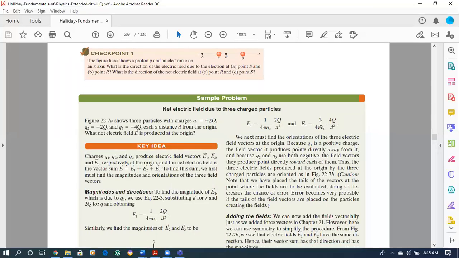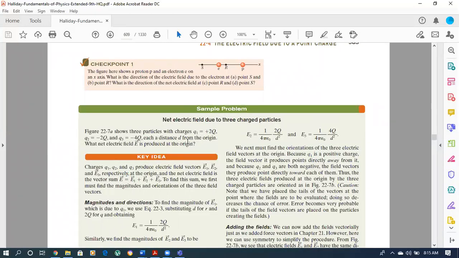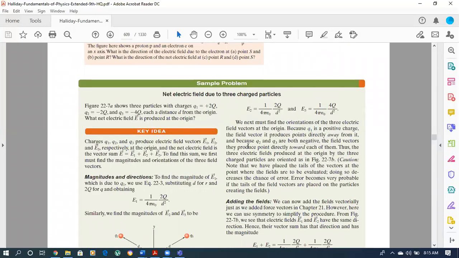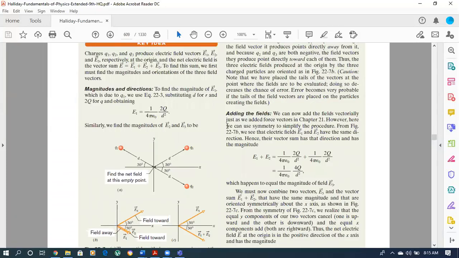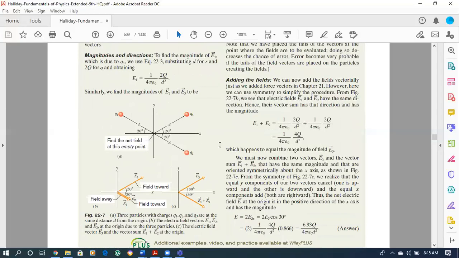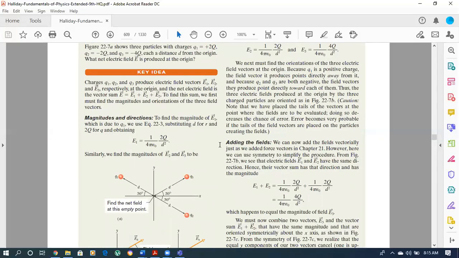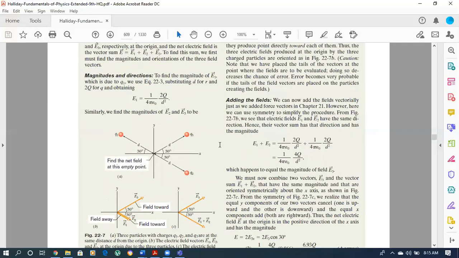So here is a problem in which electric charges of different magnitudes and different polarity, positive charges and negative charges both, are placed at some distance. You have to determine the expression for the electric field in such a situation. So it is being solved here. You have to keep in mind the general rules to represent the electric field.